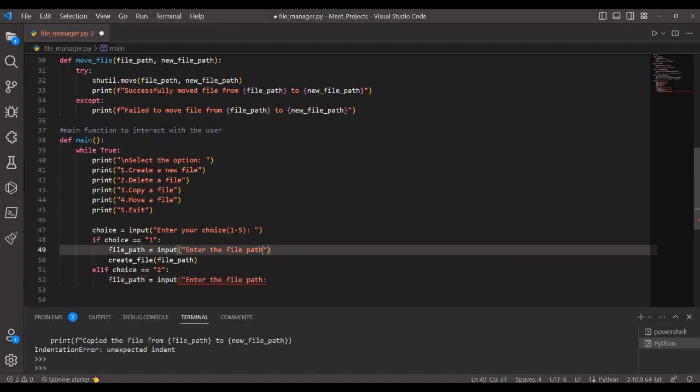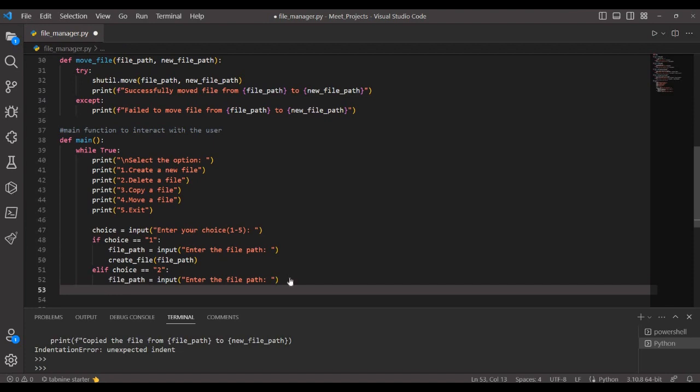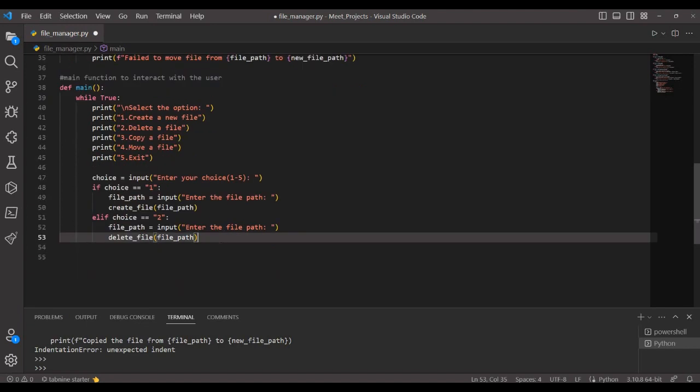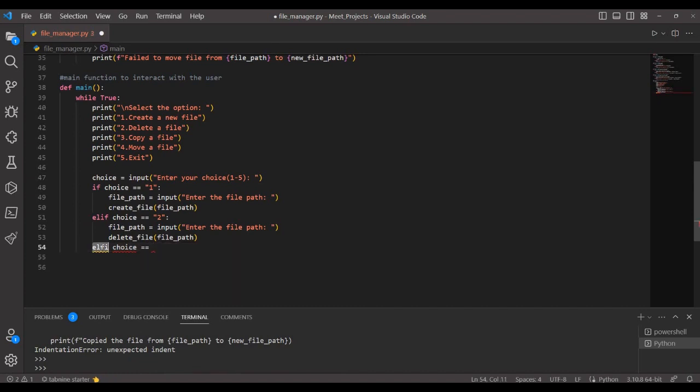Then let's purify the code, space, compute, and close it. So now we call the delete file function, and then the file path is added. Now the creation of the file is done, deletion of the file is done. Now we have elif choice equals 3. Now for 3, you have a file path,